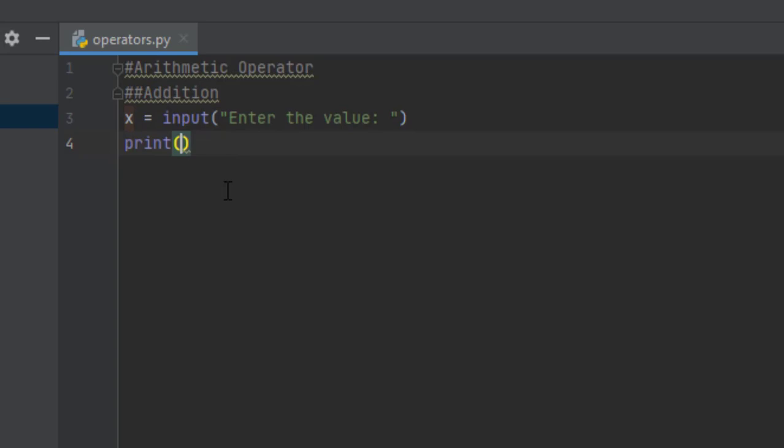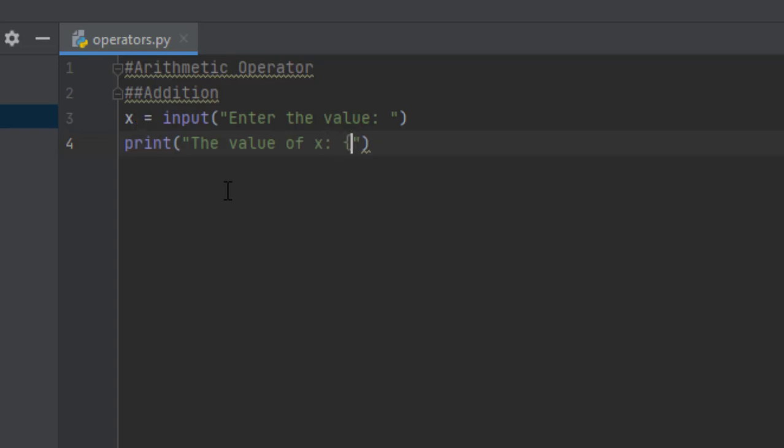So what do we do? We'll modify this print statement a little bit so that we get a perfect value. In the print statement also, whatever is given in double quotes is a string of characters. So we'll give a message like "the value of x", and we want the x value to be printed here.